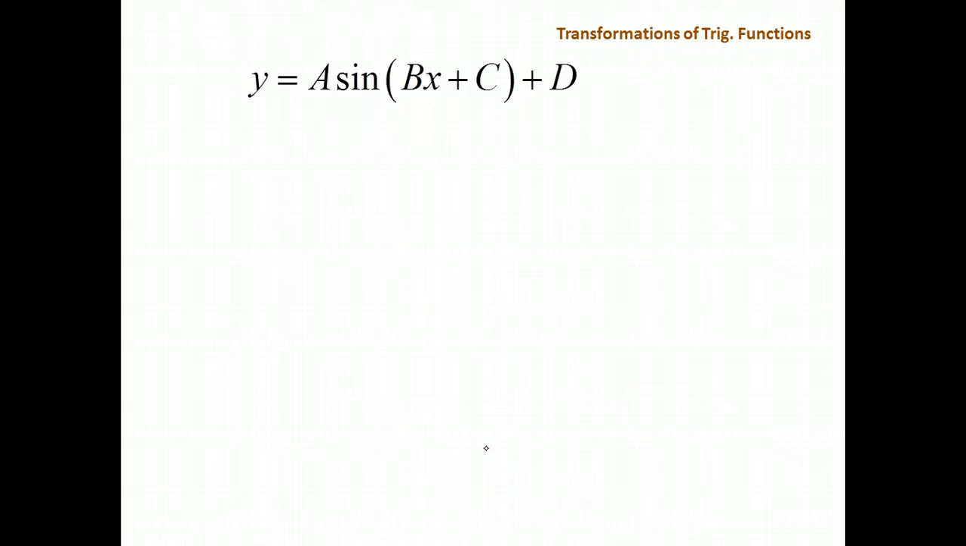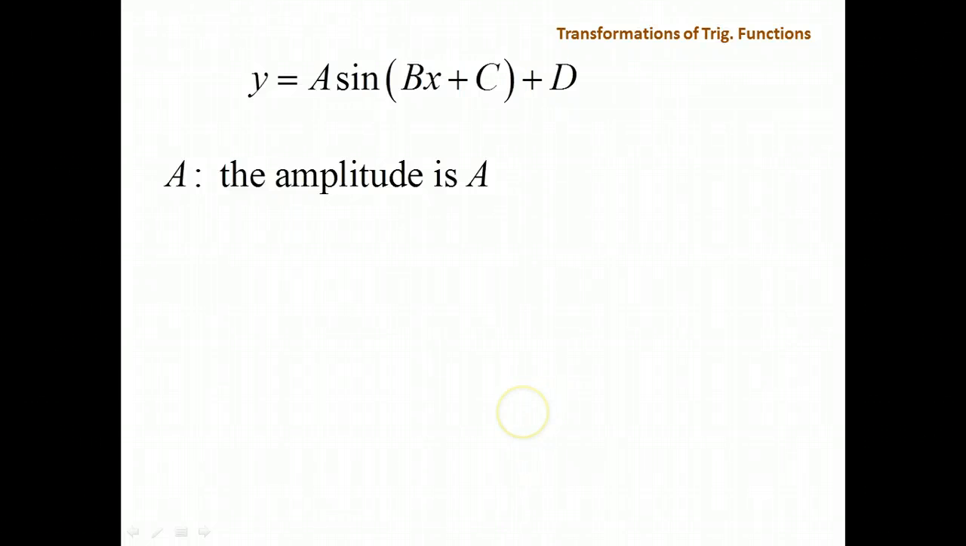Let's look at transformations of trig functions. We have 4 different variables, a, b, c, and d, and we want to see how they can affect the y equals sine x function. Let's take them one at a time. First up, the a. The a multiplied by the sine function